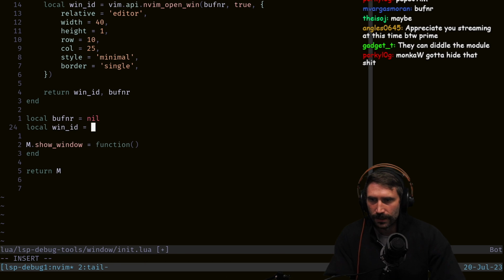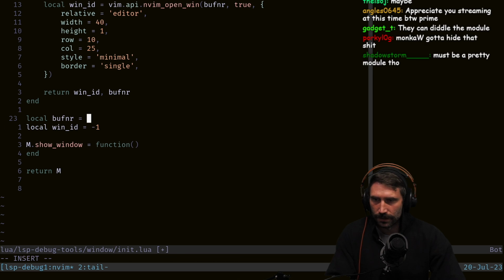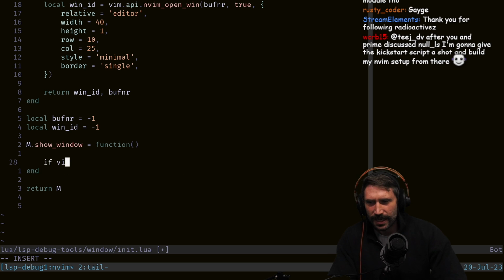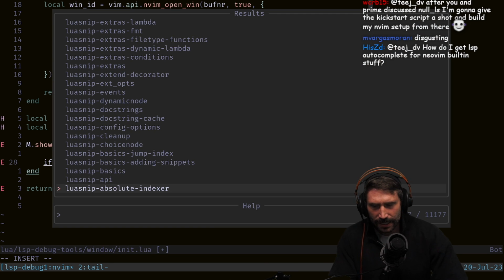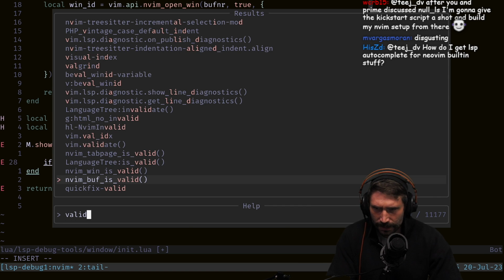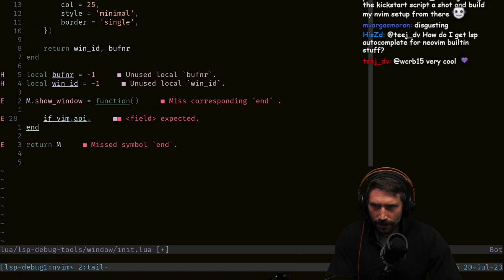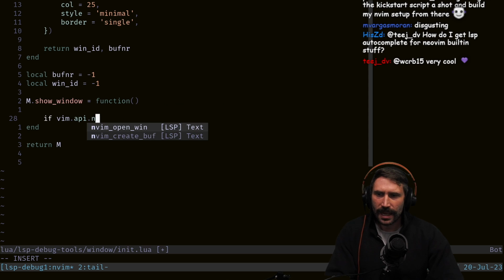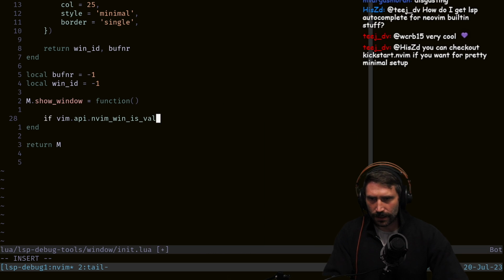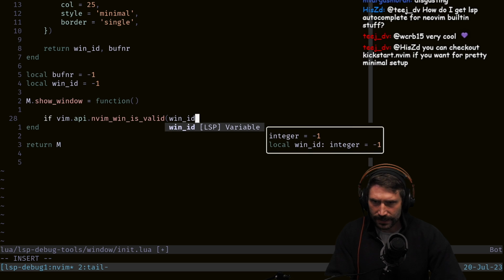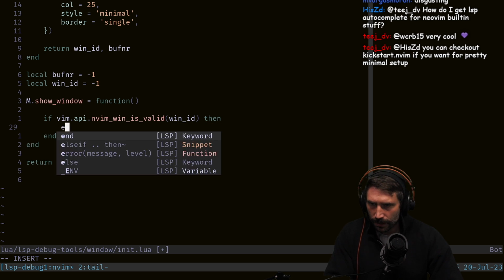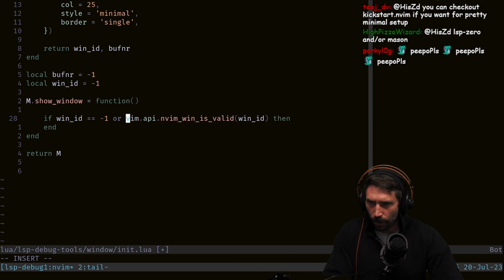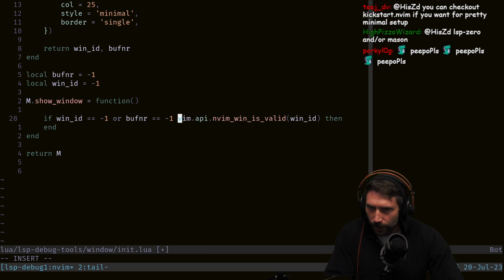Actually, I like... Can I do that? What is it? It's Vim API dot is, let's see, valid. Whoopsies, I already forgot what it was. Valid. Buff is valid, win is valid. Nvim win is valid. A win ID, yeah. Let's see. If win ID equals -1, or a buff ner equals -1, or